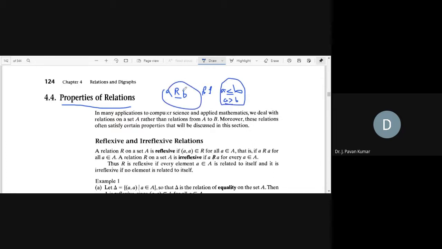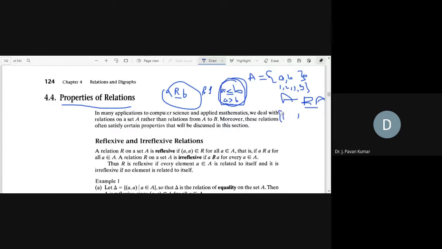What are these A and B? A and B will be elements of a set. In this we can have A and B from a set like 1 2 3 5. On this particular set, A is related to itself by using the relation called R, if it satisfies the condition A less than or equal to B. What are the tuples which will satisfy this particular relation? Those all will be part of the relation.